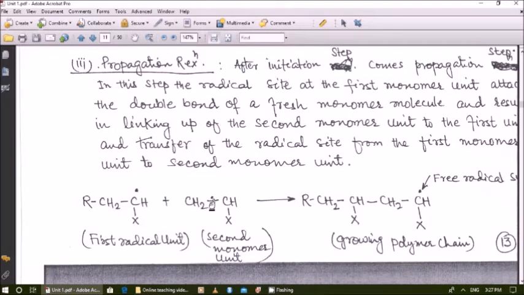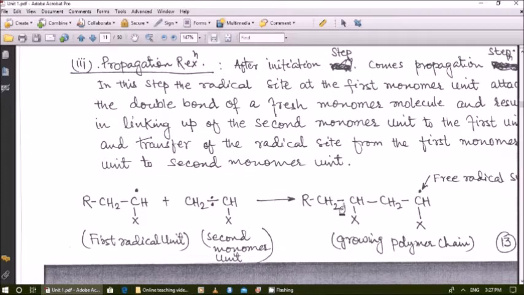Again the pi bond will break, and this intermediate will form the link between the free radical and the incoming monomer. Okay, so you can see initially R was there, free radical was there, and the first monomer unit got attached